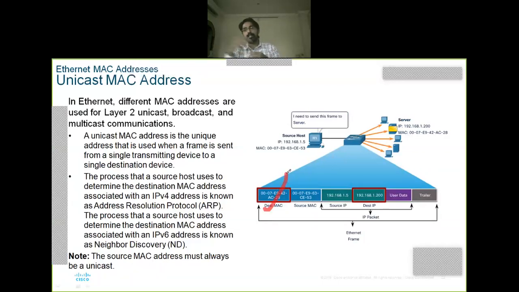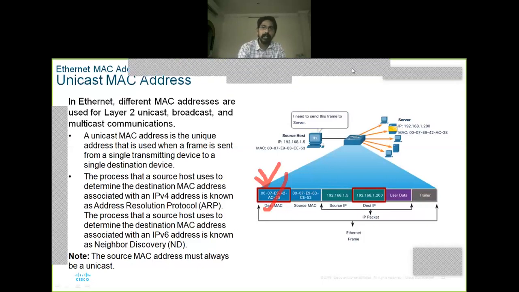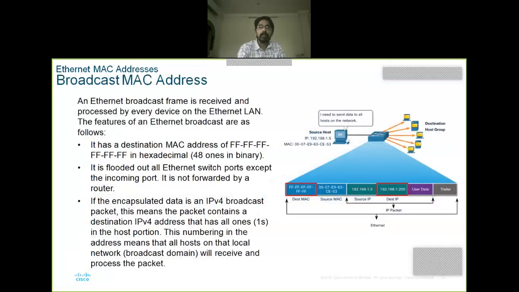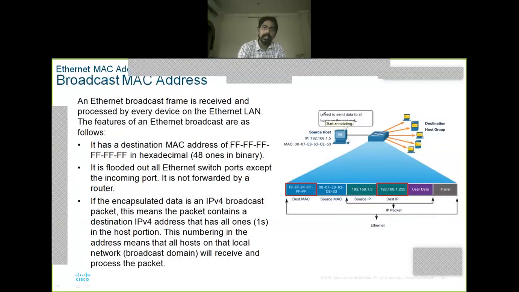But consider the next case, I want to perform communication with all the systems in the network. But this frame permits only one MAC address, right? In order to establish communication with all MAC addresses, should I generate an individual Ethernet frame for all the systems to maintain the communication path? No, we won't do that. We have some other procedure called broadcast.